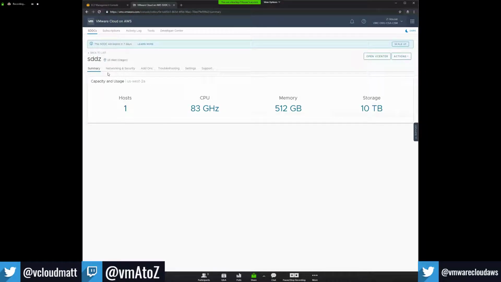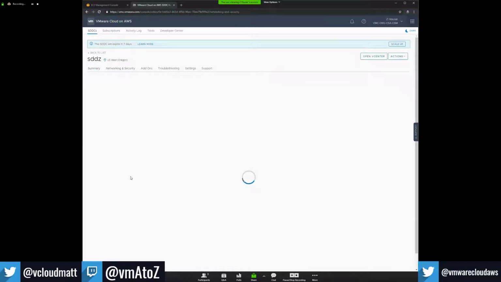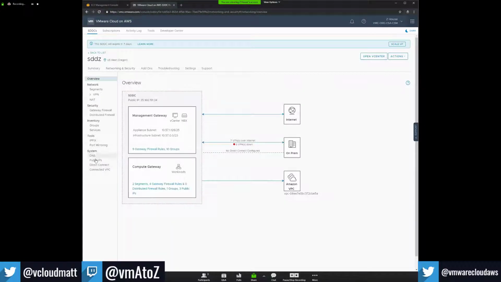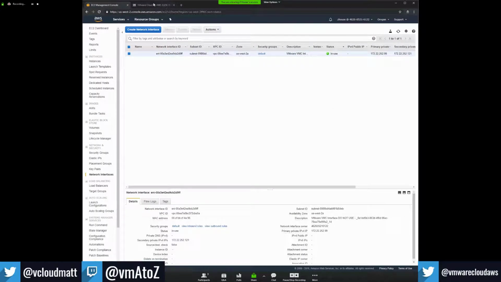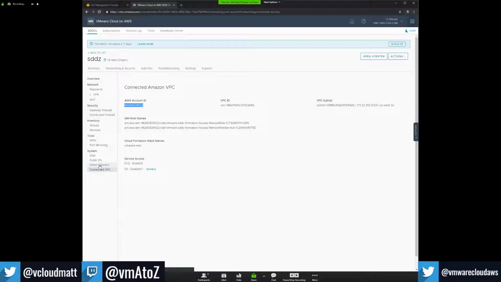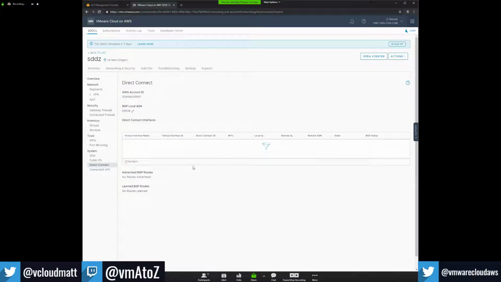Yeah. So let's see here. So you're talking about actually adding the VIFs for the direct connect, right? Yeah, exactly. So if we look at connected VPC, this is my AWS account number. This is my clever naming. This is my SDDC, my one node. This was my account, right? 6122. If you come over to Direct Connect, which I am not fortunate enough to personally have, you'll notice that